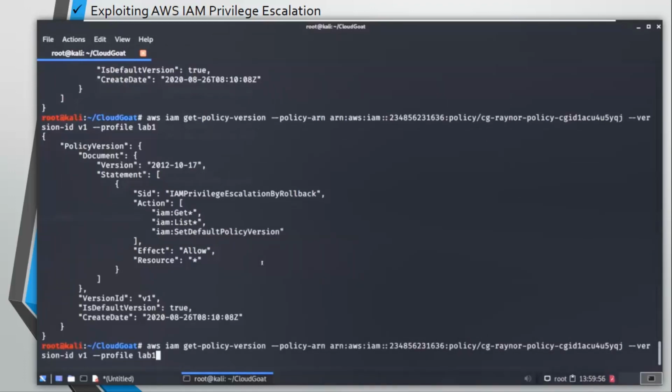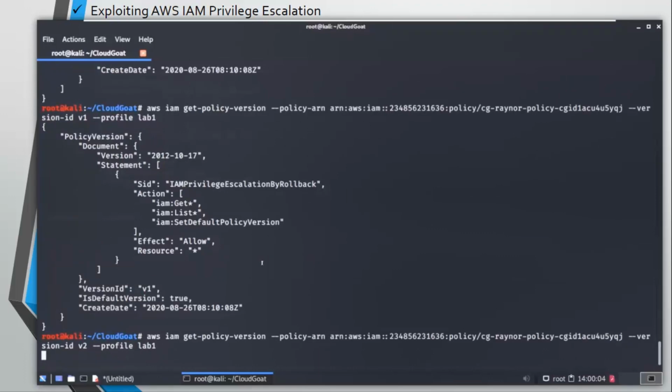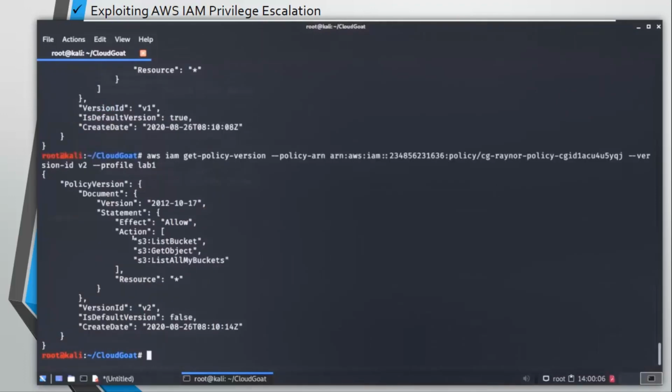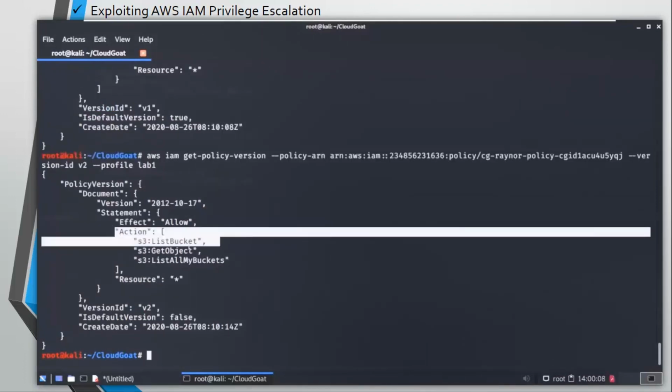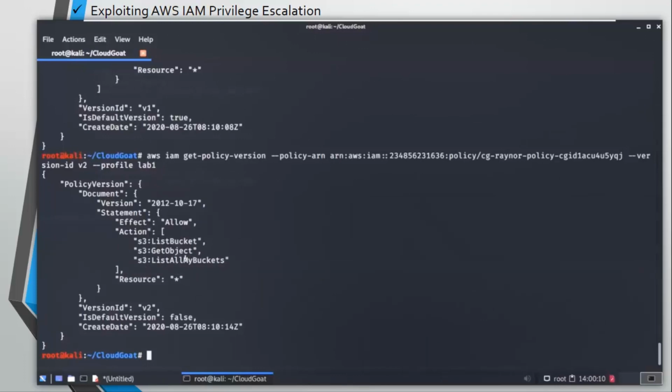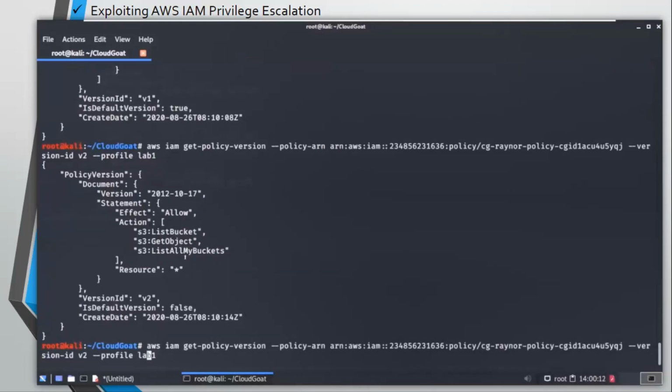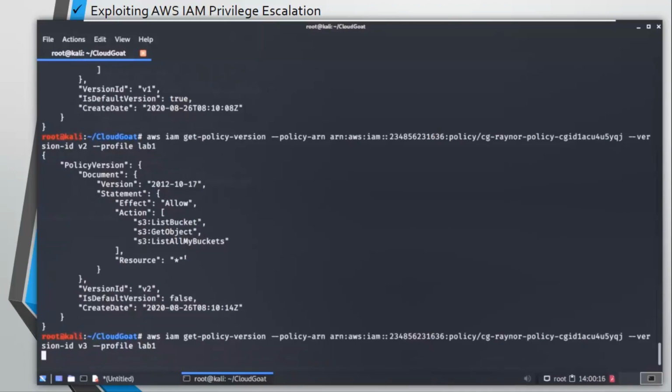So let's see what permissions we have under other versions. So second, here we have got list all 3 buckets, 3 objects, and list all my buckets. Seems interesting. Let's check version 3.